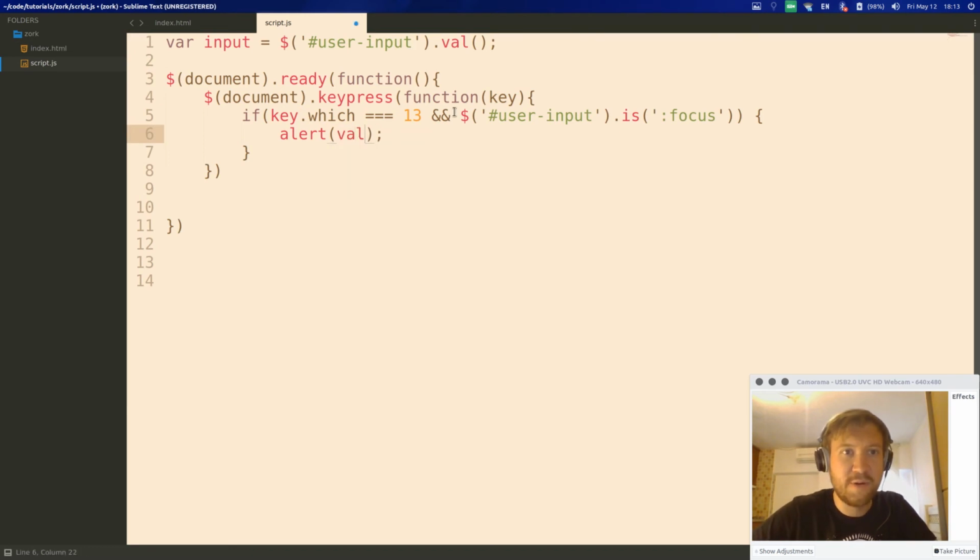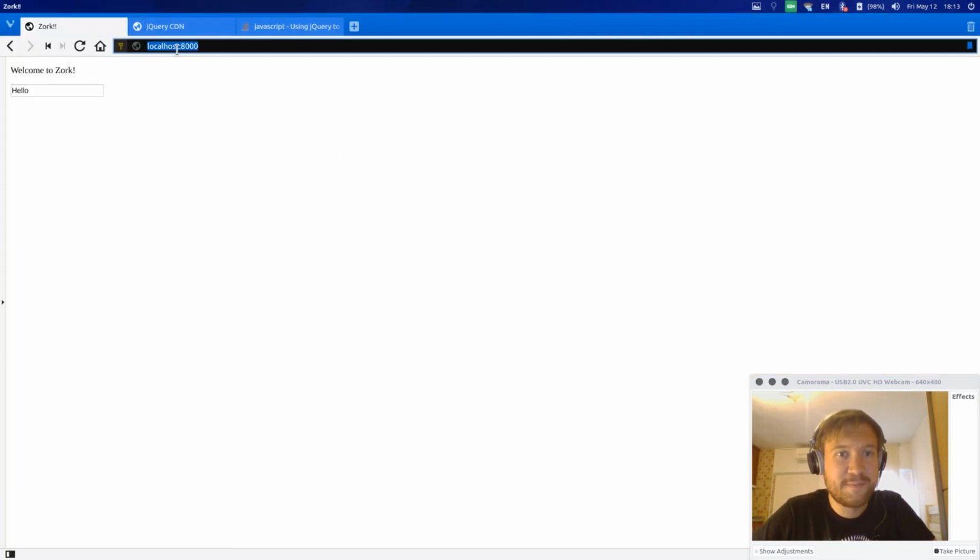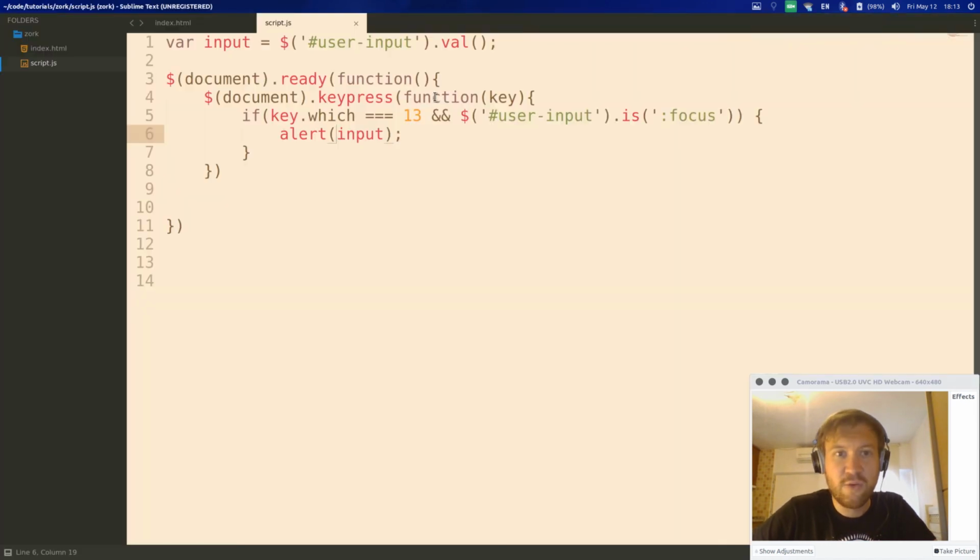Or hopefully prove this point. Input, right? So the input variable is here. We defined it here. Now, because we define this up here, I believe what will happen is, there you go. It returns nothing. So even though we have said, please, when I press enter and when I have focused user input, please return